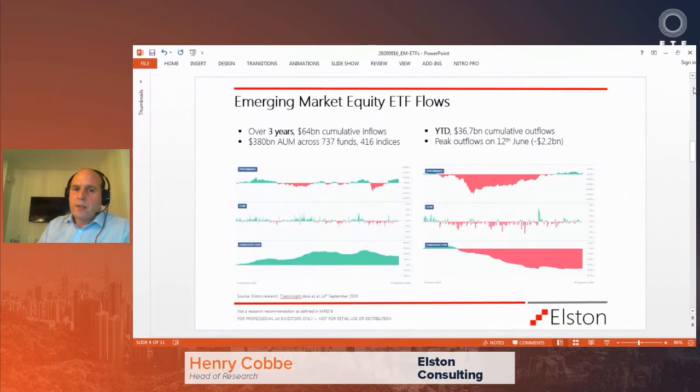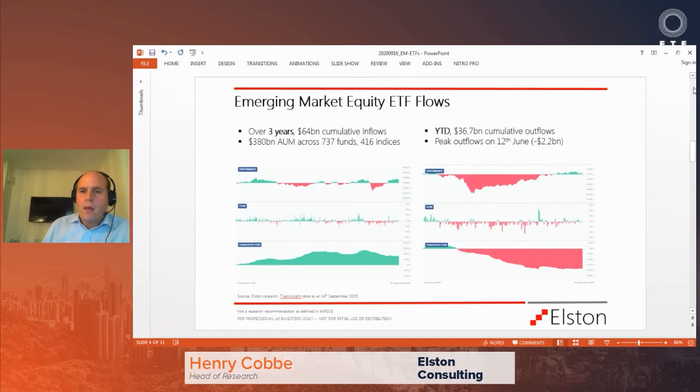Just a quick look at flows. So we first of all look at the equity ETF flows and then the bond ETF flows. Looking at equity ETFs, over 3 years, there's been about $64 billion flowing into emerging market equity ETFs, and that takes total assets to about 380 billion, and that's across 737 funds and 416 indices, and we'll segment those funds further